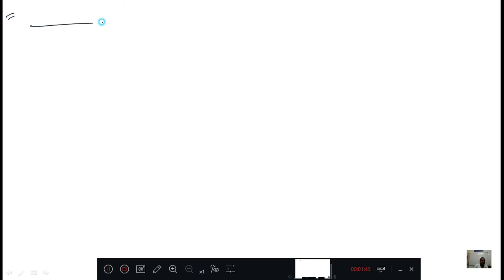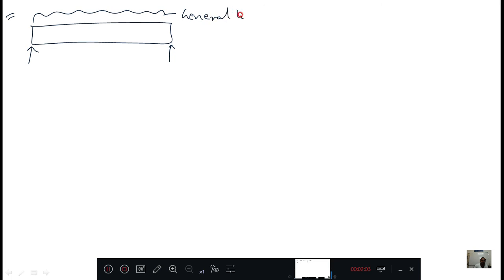Let us consider one beam here. This is a beam, and let us consider simply supported only, and it has some load. Which type of load I don't know, just general loading. And this length is L, and if I draw a bending moment diagram for this, then I may get, I don't know, something like this. This is your BMD, approx.